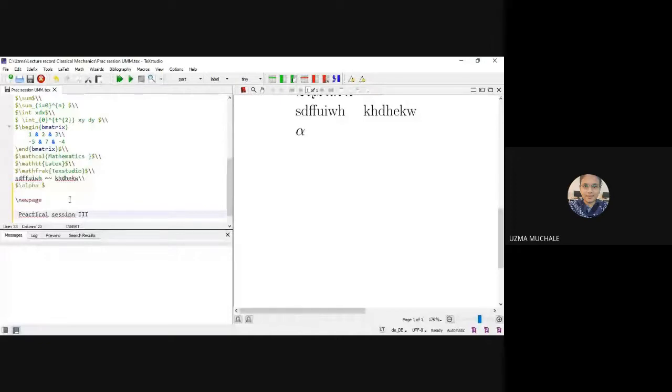Actually, third one we have. If I run this, it will be in the next page. If you have a next page in this,